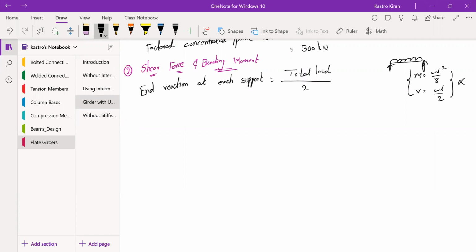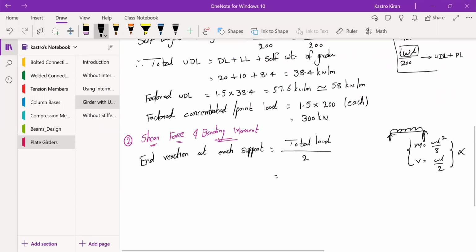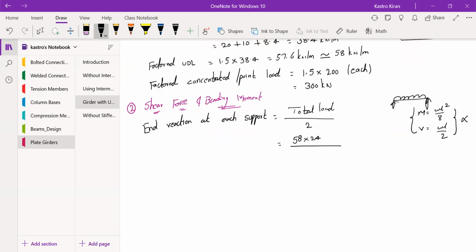So you can calculate the end reaction in this way: total load upon 2. So how do you calculate the total load? The total load can be calculated as 58, which is the total factored UDL load, into the span, which is 24 meters, plus